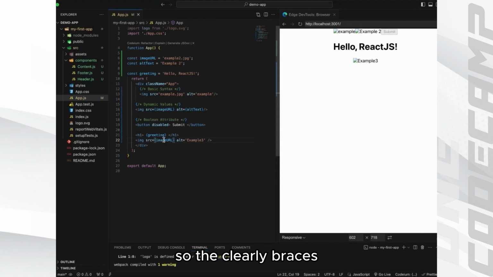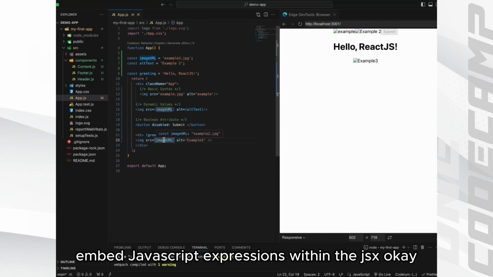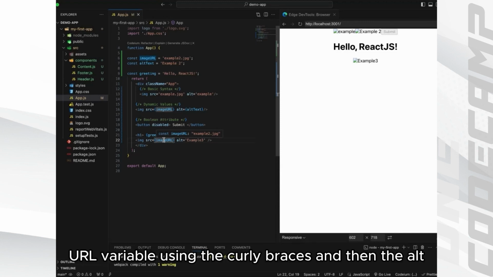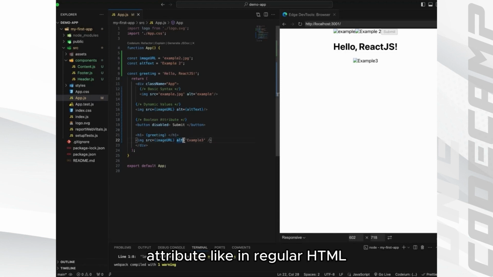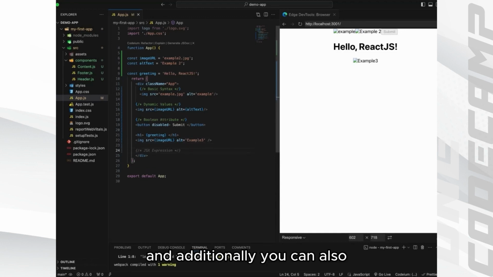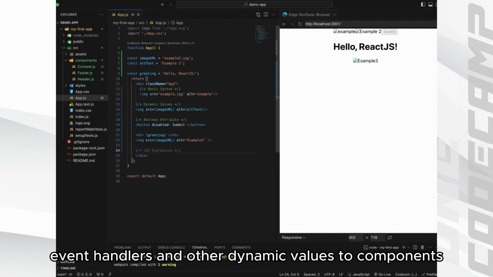So the curly braces, these are used to embed JavaScript expressions within the JSX. Okay, so the source attribute is assigned the value of the image URL variable using the curly braces, and then the alt attribute, like in regular HTML, provides alternative text for accessibility. Okay. And additionally, you can also use the JSX attributes to pass functions, event handlers, and other dynamic values to